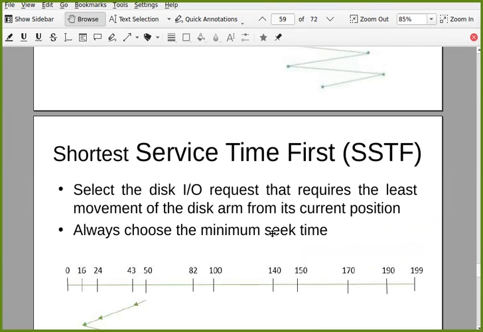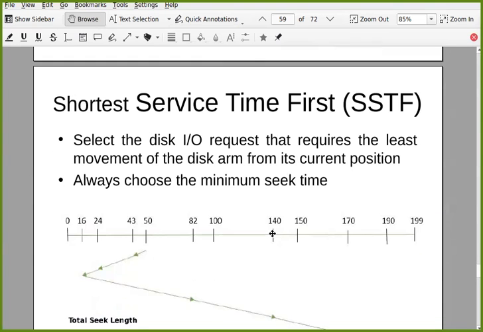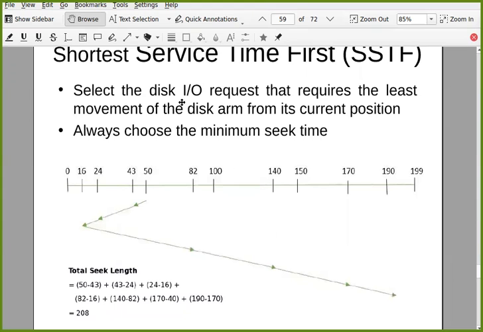Then there is another policy called shortest service time first. Now this is a little interesting. Select the disk IO request that requires the least movement of the disk arm from its current position. Basically we are trying to minimize the traveling from wherever I am.